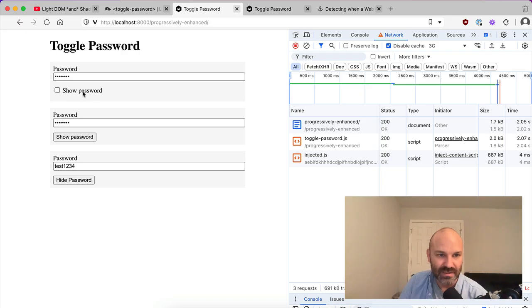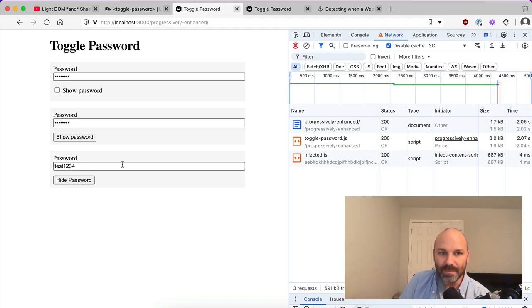It can either be a checkbox or a button. And it can also include having the password visible by default and the ability to have the text inside that button change whether the password is visible or not. It could also be like an icon or something like that if you wanted. And so we're going to use this as our demo today to talk about some different approaches that we might